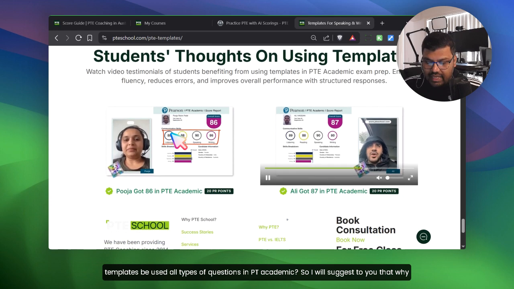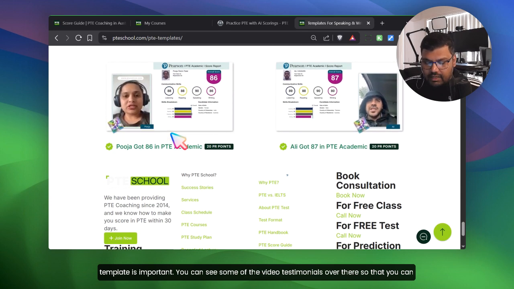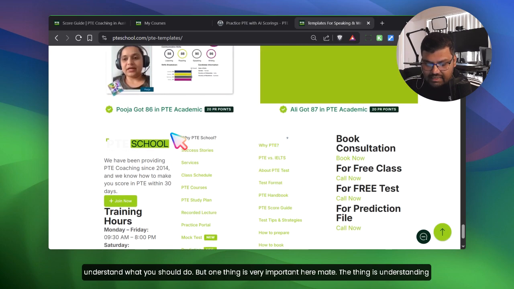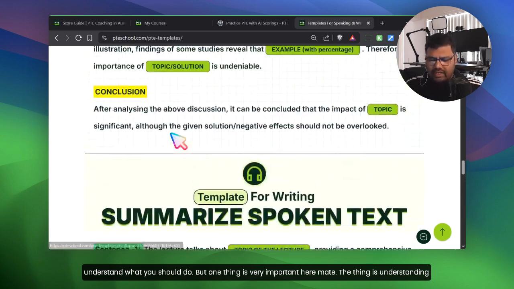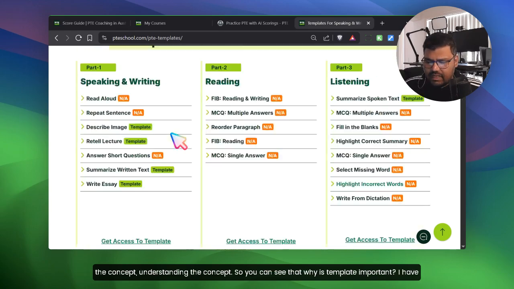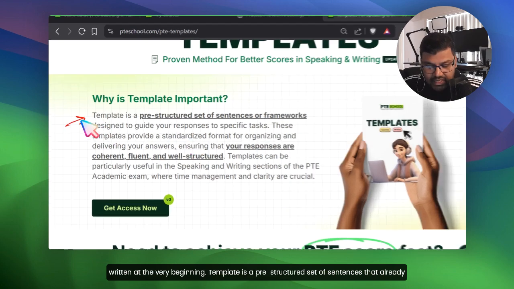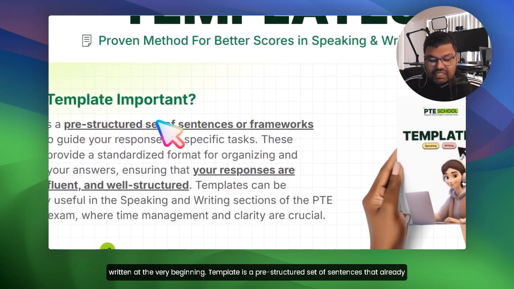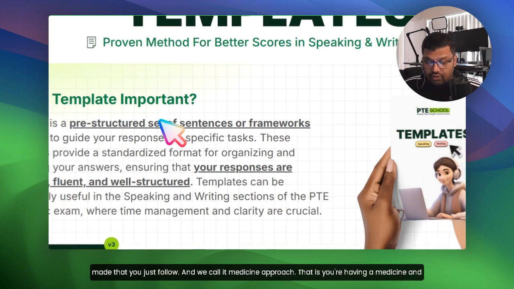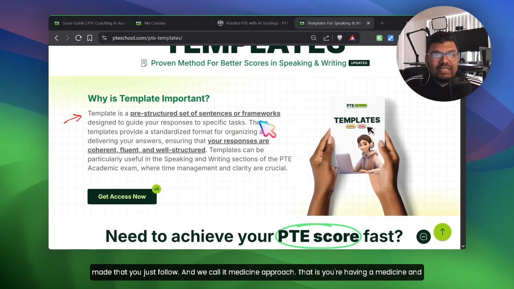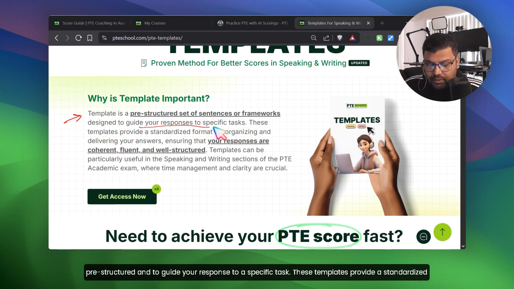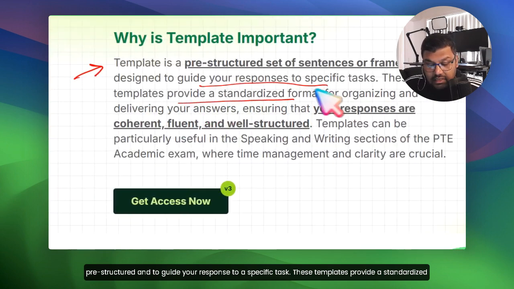So I will suggest to you why a template is important. You can see some of the video testimonials over there so that you can understand what you should do. But one thing is very important here, mate. The thing is understanding the concept, so you can see why a template is important. I have written at the very beginning, a template is a pre-structured set of sentences that are already made, that you just follow, and we call it the medicine approach. That is, you have a medicine, and then you are taking care of your health, that is, whatever diseases you have. So it's some sort of pre-structure to guide your response to a specific task. These templates provide a standardized format